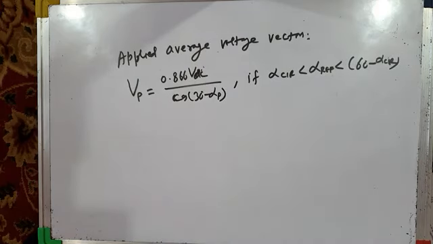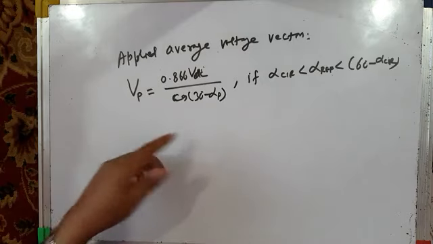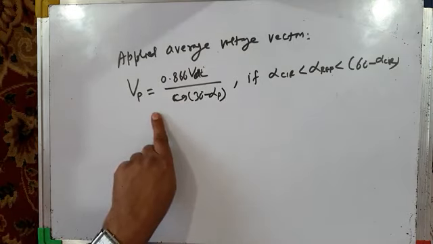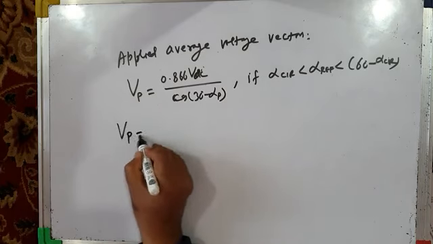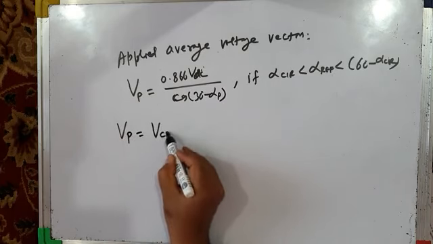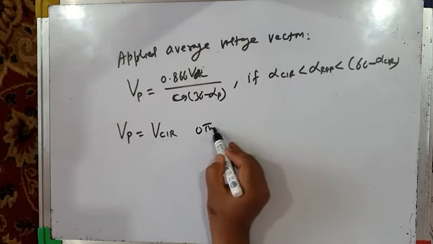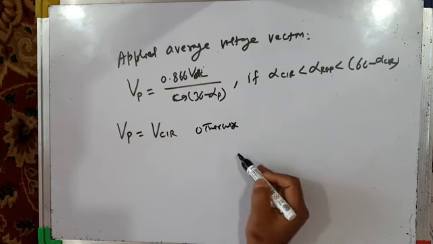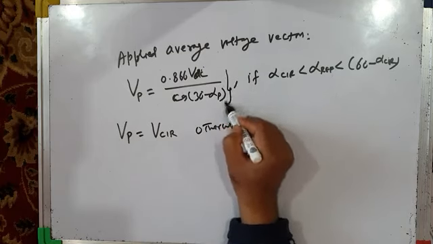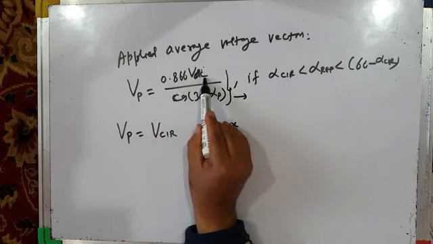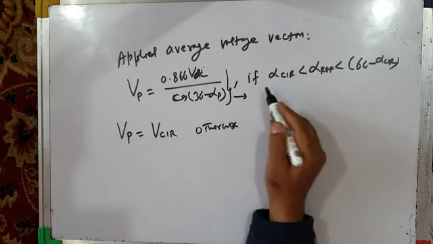Now you may ask a question, what is the origin of this formula, where from we got it? I am not going to derive it. I am going to give you references, some research publications, especially IEEE transaction publications, and a reference of a book from where you can get the derivation of this formula. Okay. Otherwise, Vp, the applied voltage vector, is exactly equal to V circular. So here I can write Vp is equal to 0.866 VDC by cos of 30 degrees minus alpha p,